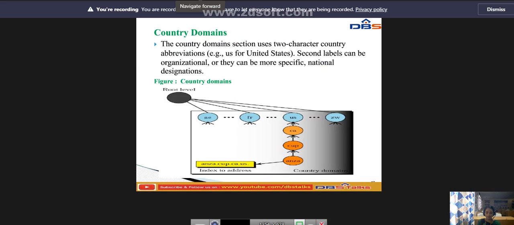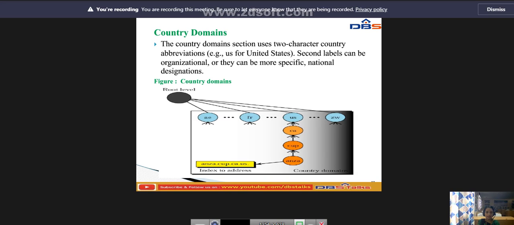Next we have the country domain. The country domain section uses a two-character country abbreviation, for example US for United States. Second labels can be organizational, or they can be more specific national designations. In the country domain, we have the root level connected with the nodes.